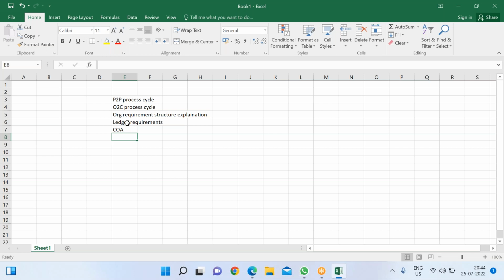Chart of account is also a ledger requirement, but I'll discuss in detail in Excel first what chart of account is, how it needs to be configured, and what requirements we need to get from the client. If you understand that, then setting up chart of account is very easy. I'll explain in Excel first so that it will be easy when we start doing setup in the system. And then post that I'll discuss